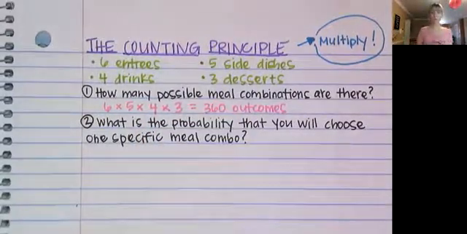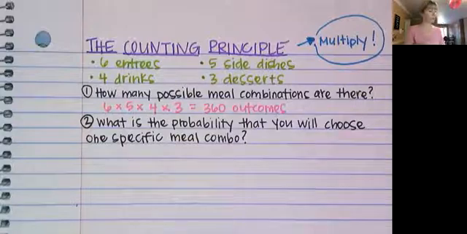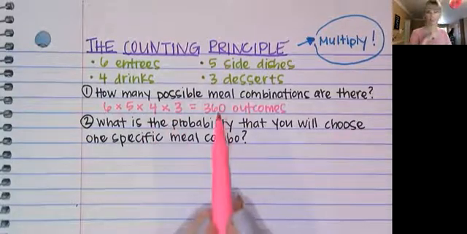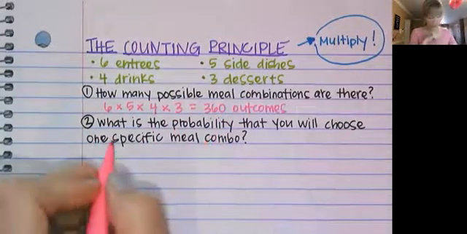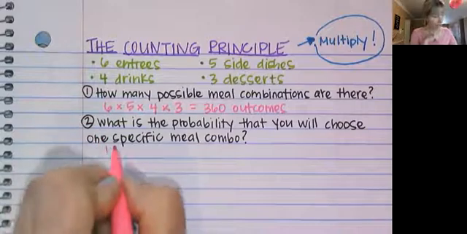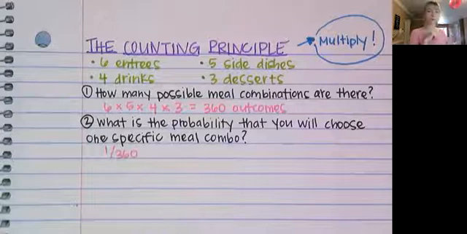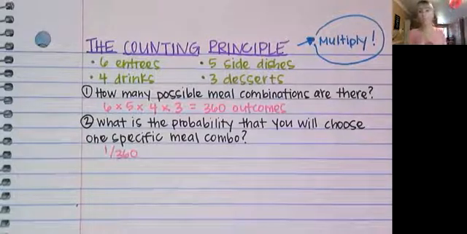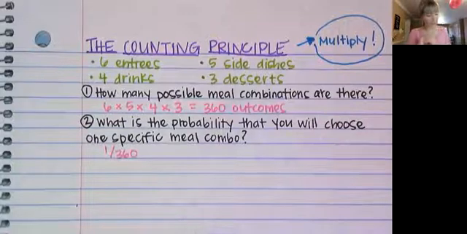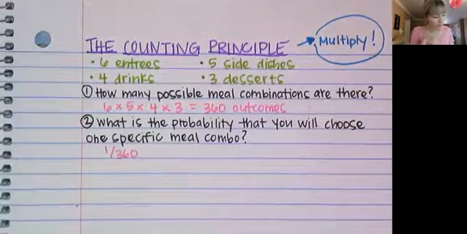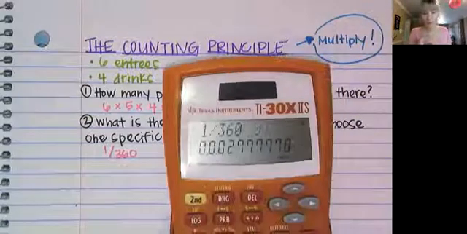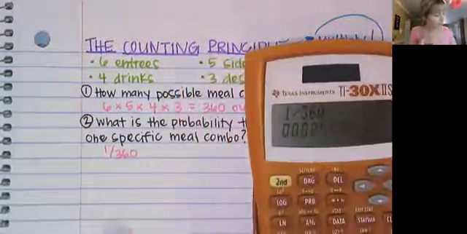So the probability that you will choose one of these, which is what's going to happen, but the probability that it will be any one specific out of your 360 options is precisely that. I'm going to pick 1 out of the 360. So if you wanted to guess which one I'm going to pick, the probability that you would be correct is only 1 out of 360. 1 divided by 360, when I type that in, look at this decimal that I get here. So I'm going to write it as a decimal. I'm going to put equals